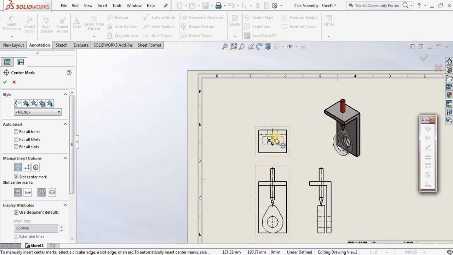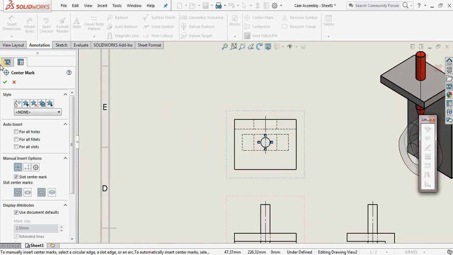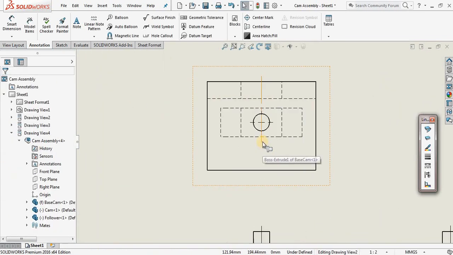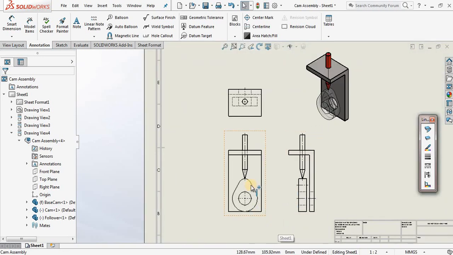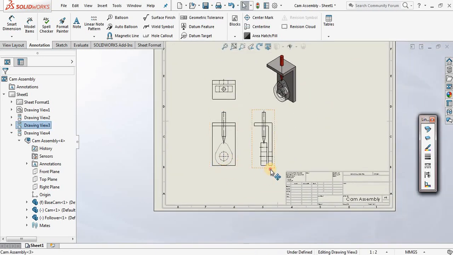There you go. You see the lines are intersecting each other, so maybe you can click this one and shorten it like this so that they don't interfere with each other, etc. So now next,